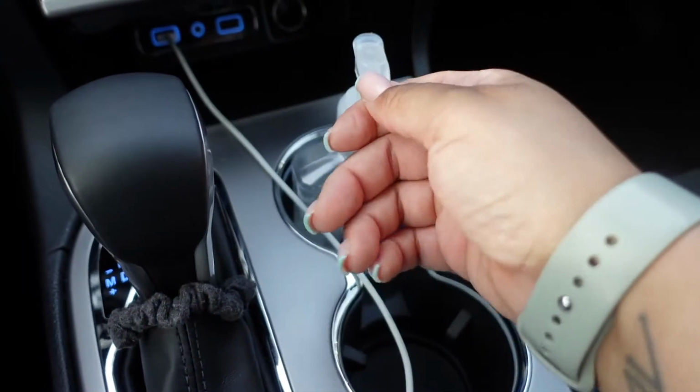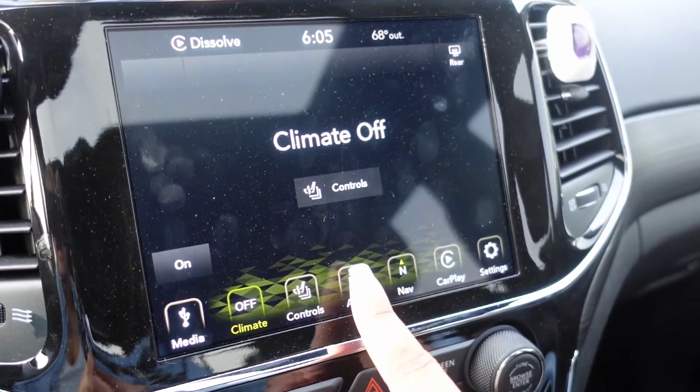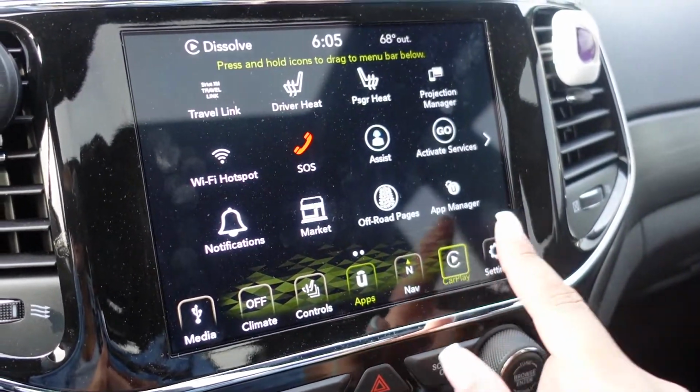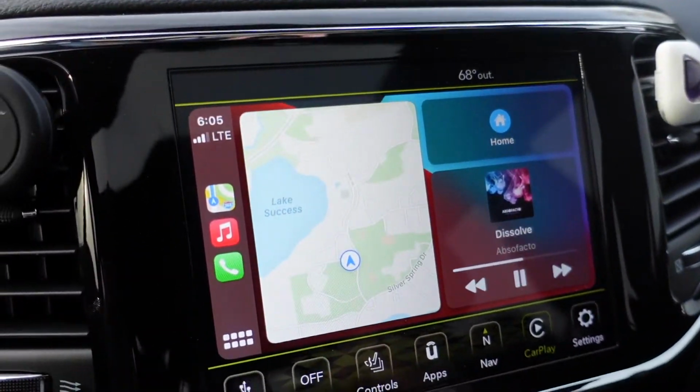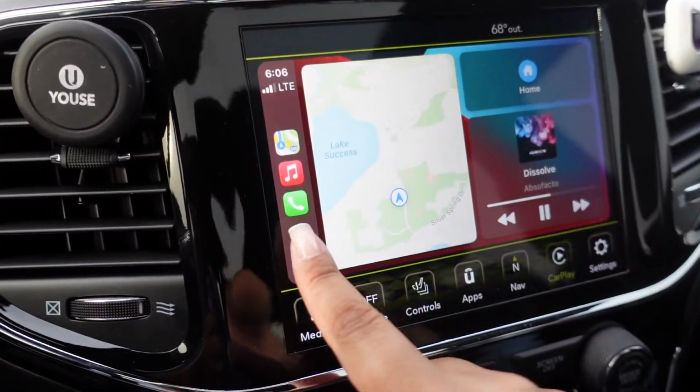Obviously I keep my hand sanitizer. So also on this screen, you've got this app button. So you can do CarPlay as well. Hold on, let me go here. So you've got CarPlay where you connect your phone by the cord, and all of your phone stuff pops up